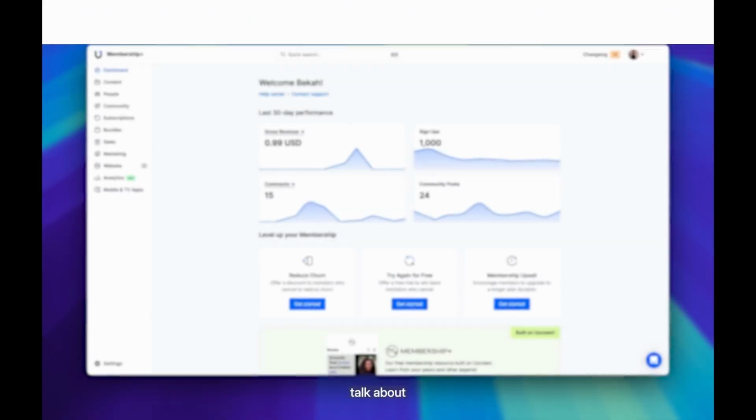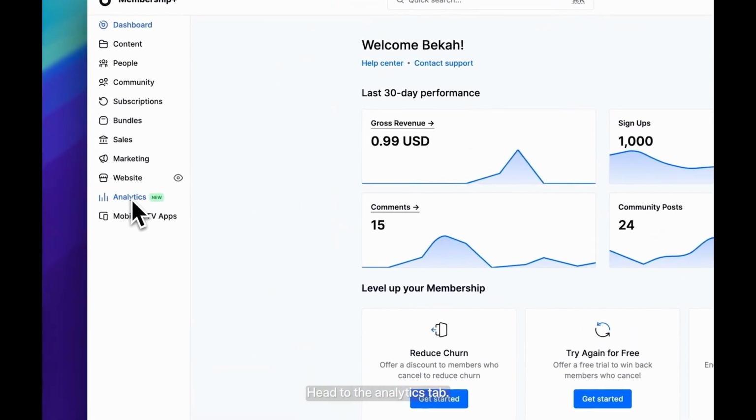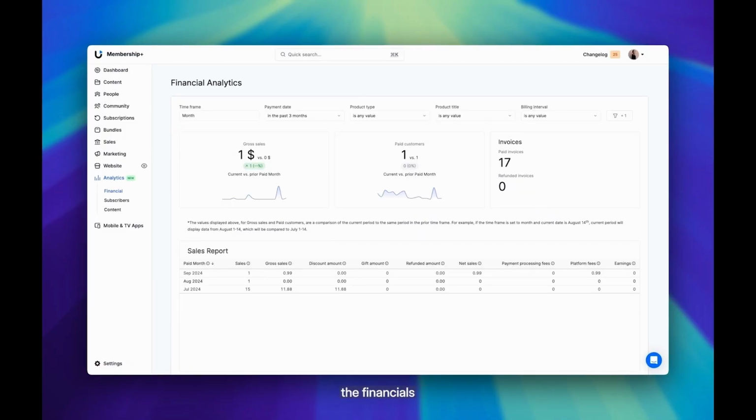Next, let's talk about Uscreen Analytics. In the dashboard, head to the Analytics tab, and here you will be able to access all of the Analytics 2.0 beta features. Here you can track the financials, which is revenue, net sales, and earnings while applying detailed filters,